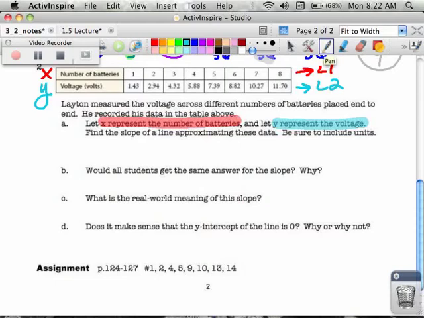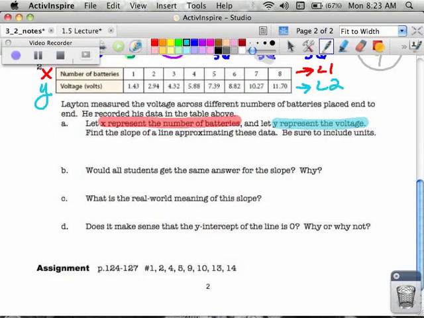We want to find the slope. In order to find the slope, we know that slope is the change in y divided by the change in x. The cool thing is it doesn't matter which 2 points we pick. Even if our answers aren't all the same, you're still going to get it right. So this is a pain to grade on a test, but it's the way it works. So Josh, which number of batteries do you want to look at?